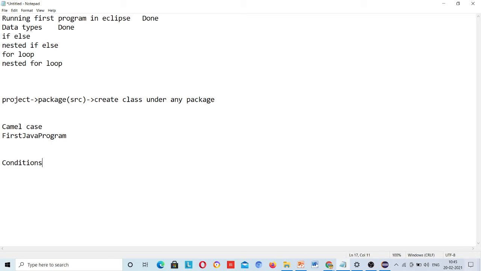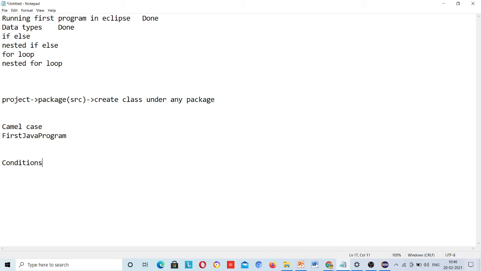For example, if your age is less than 18, then you cannot vote. And if your age is equal to 18 or more than 18, then you can vote, right? So this is a condition. Either you can vote or you cannot vote.